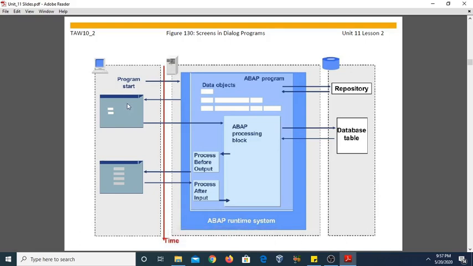You can see when a program starts, the system firstly loads its program context. In the first module, I have discussed this context. Generally, when the program is loaded into the application server, the context is always loaded from the repository, which is stored at the database server.